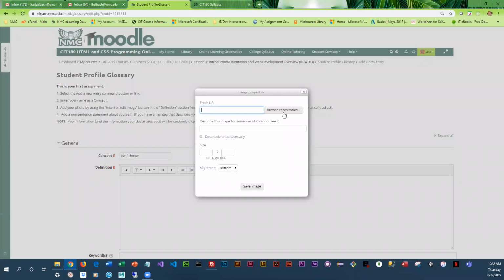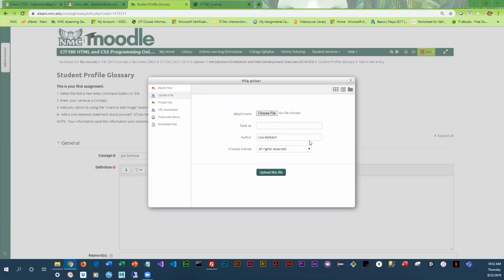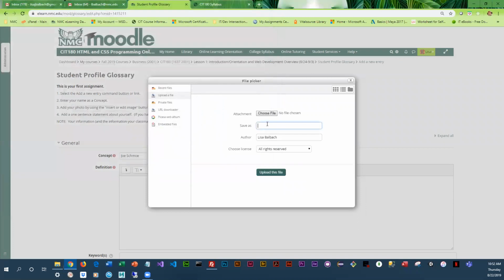Insert an image. You're probably going to have to upload it. So you go to upload a file, choose a file. You're going to have to navigate around on your system and find a picture of yourself. Give it a little name, upload it,